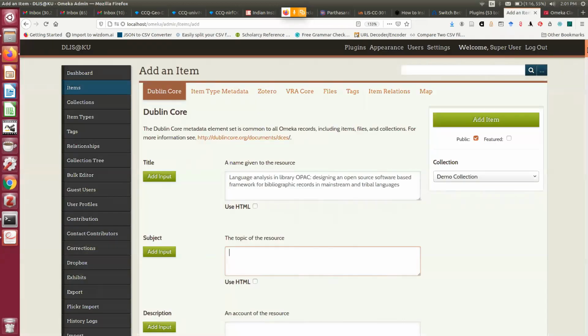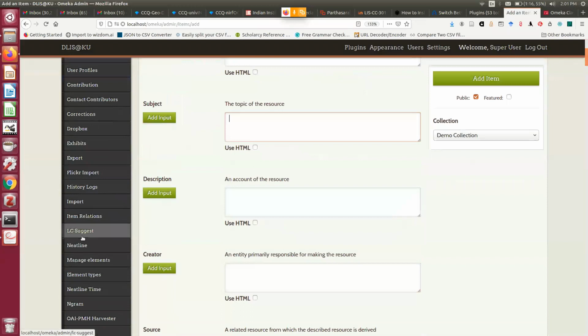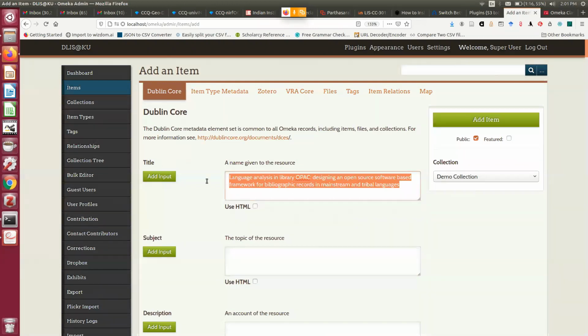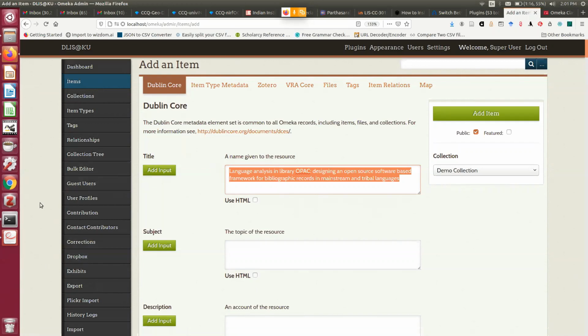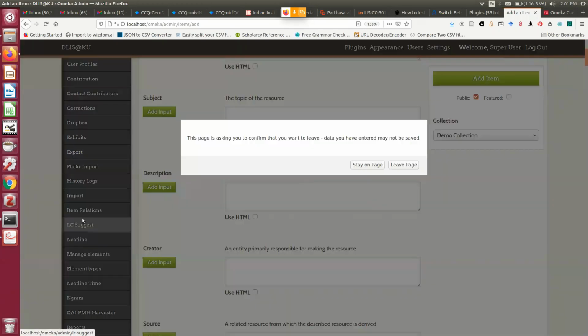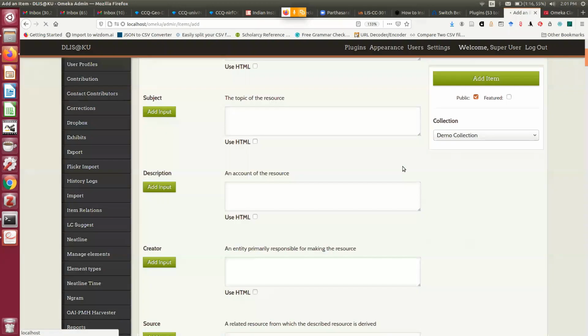Now let me try to utilize this LC Suggest and how it can help me. So let me copy this title so that I can use the same one without repeating. Before starting adding an item, you can go to the LC Suggest link page.